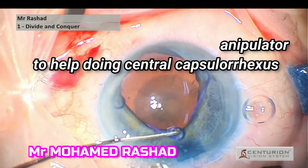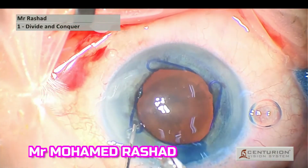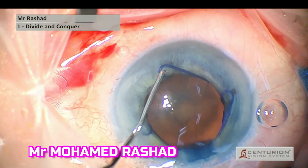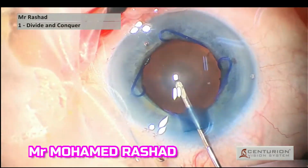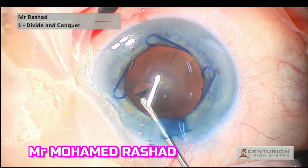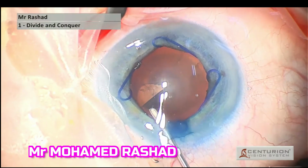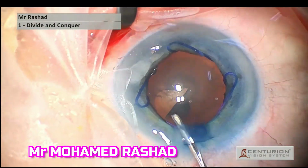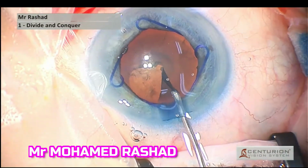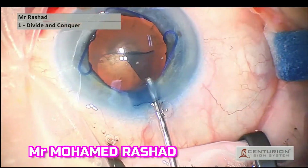Then you can centralize the Malyugin ring on the lens to help the other steps of the phacoemulsification. It is the same technique as shown in previous videos, so in these cases I prefer to stain with trypan blue, and I put the OVD on the cystotome so as not to go in and out of the AC, which is already shallow, and then you can inject